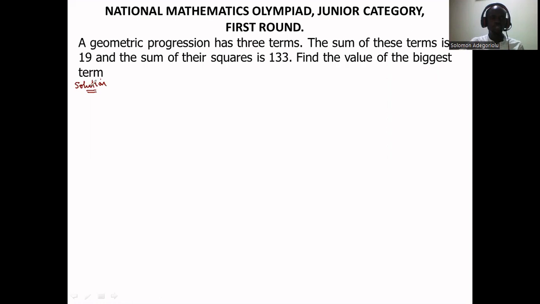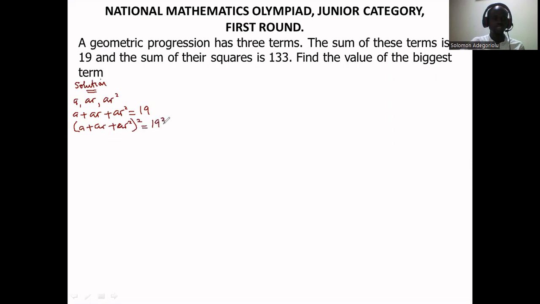We're looking at a geometric progression with 3 terms, so let's represent that with A, AR and AR squared. These are the 3 terms that we have. And the question says the sum of these terms is 19. That means we're going to add these 3 terms together. That becomes A plus AR plus AR squared, which is equal to 19. Now I'm going to solve this further by squaring both sides. Squaring both sides, I'm going to have A plus AR plus AR squared, close the bracket, squared, which is equal